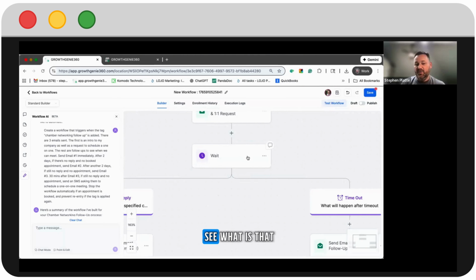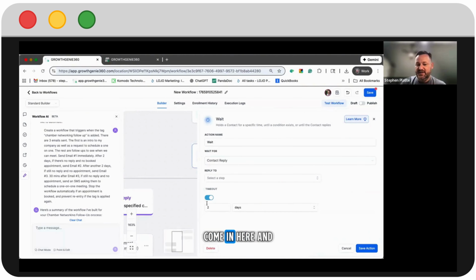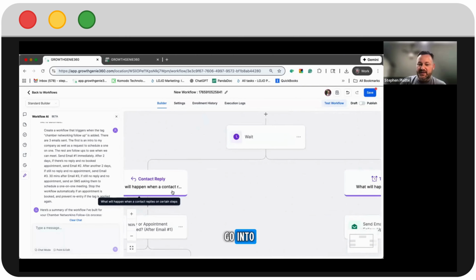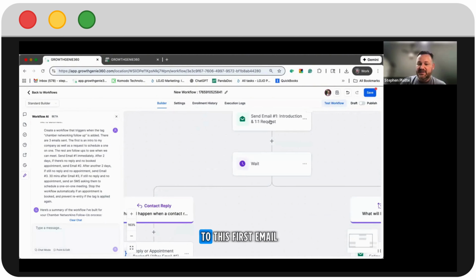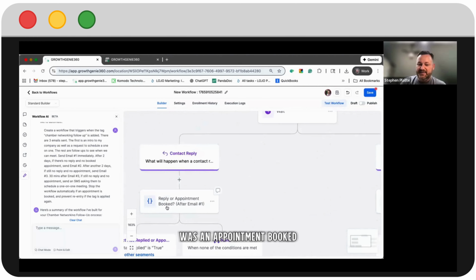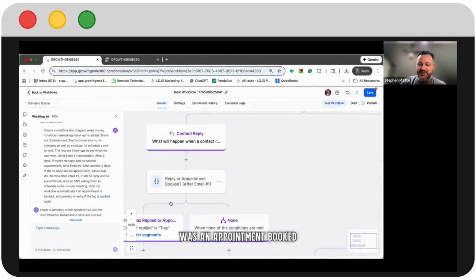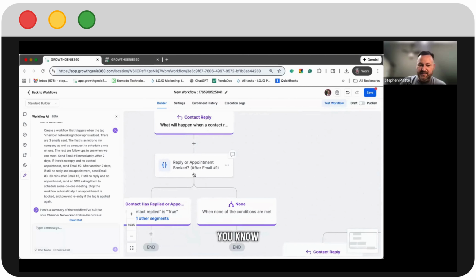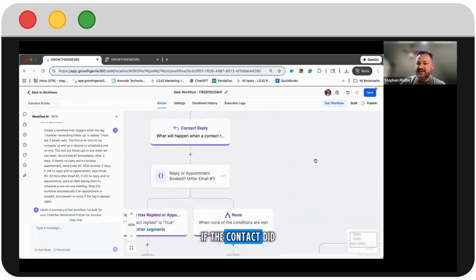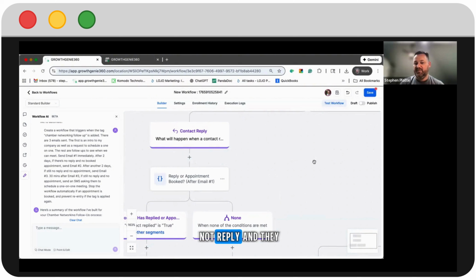And if you want to see, oh, what is that wait period? Come in here and it says, all right, 2 days. So after 2 days, then it's going to check, did the contact reply to this first email? And if they did reply, was an appointment booked? If the conditions were met where they booked an appointment, then it's actually going to end the workflow. Okay. If the contact did not reply and